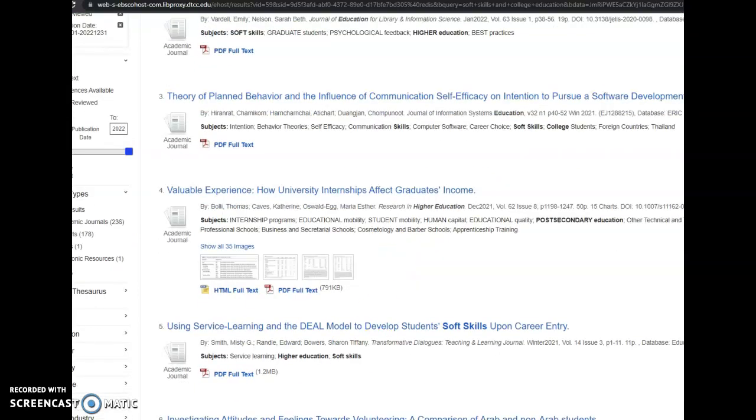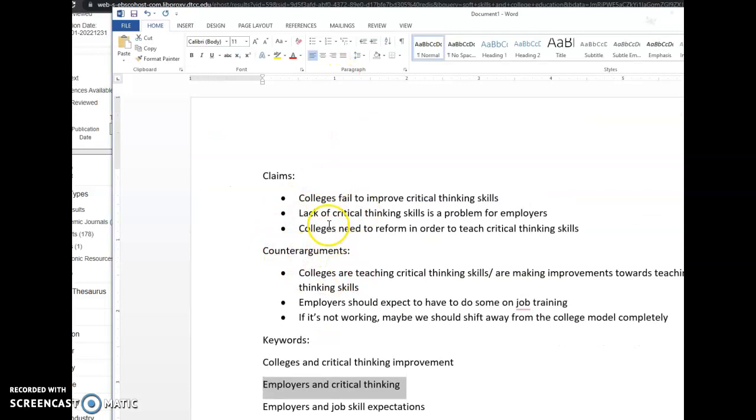You are going to have to do something like this first to identify some of the claims in the article before you can find an article that has a counter argument. I'm expecting you all to use your critical thinking and not just bring back articles that completely agree with our primary article, because we're not looking for articles that agree. We are looking for articles in the counter argument